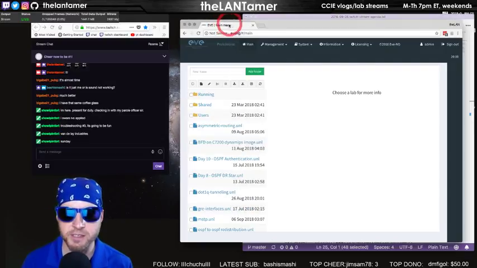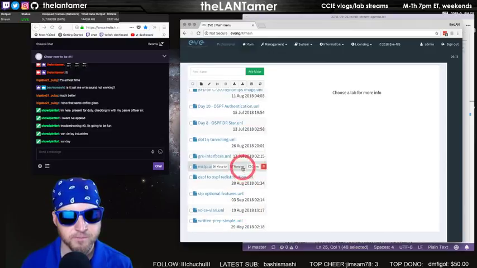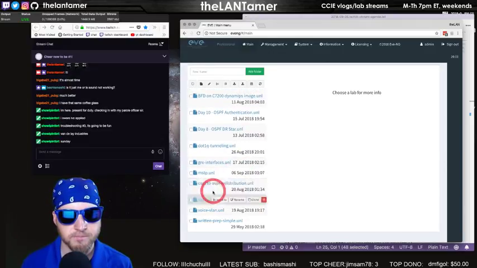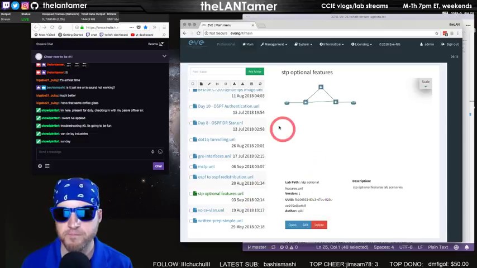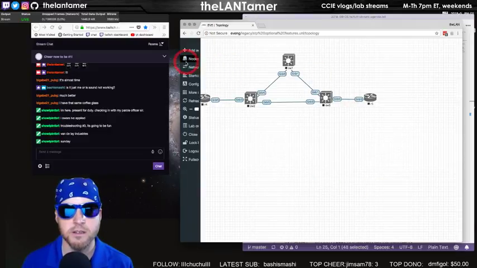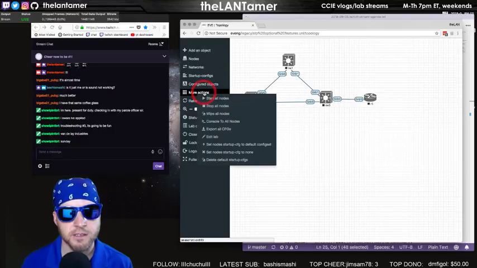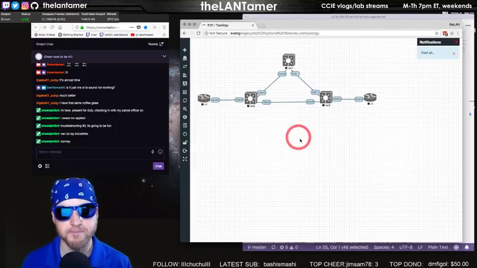show DTP interface. So let's just bring up switching. Optional features. That looks harmless. And it looks a little cleaner here. Very subtle, but